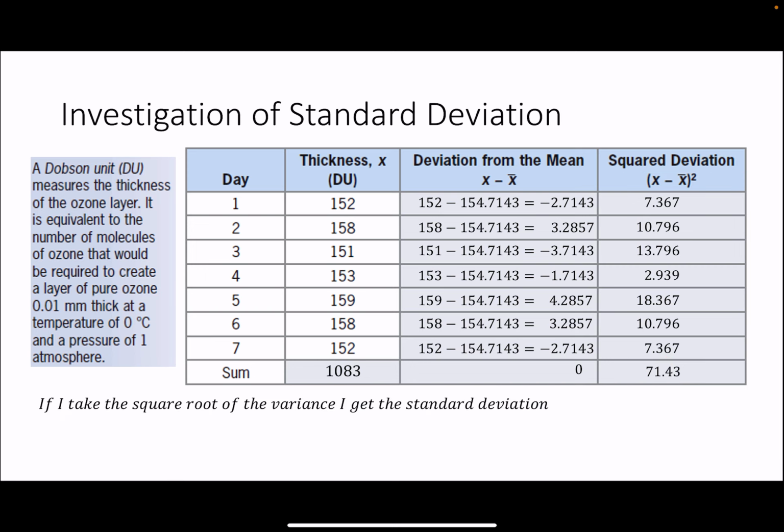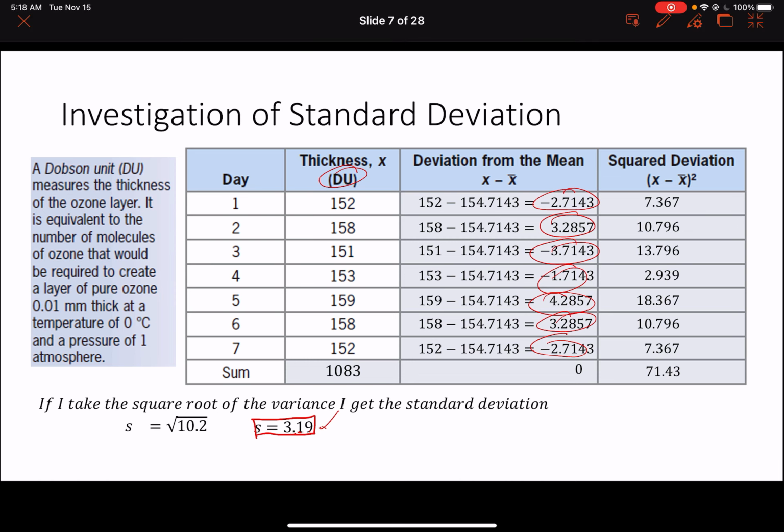Now, to get the standard deviation, if I take the square root of the variance, I get the standard deviation. And basically it means that much of the data is within 3.19 Dobson units. And as you can see, a lot of them are within or close to 3.19. On average, that's what they're going to be, close to an average. Okay, that's not exactly what standard deviation is, but you can think of it at this point as the average deviation of all the